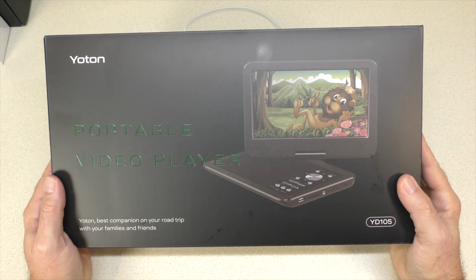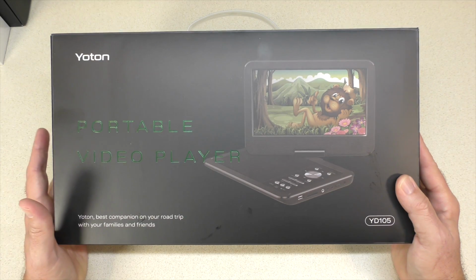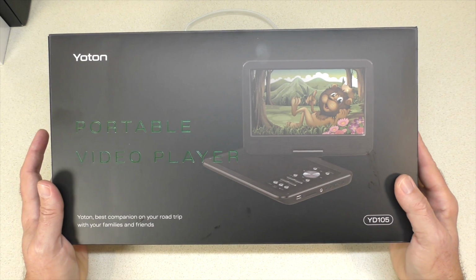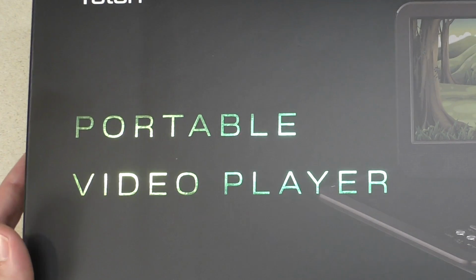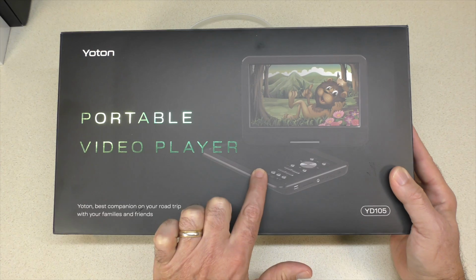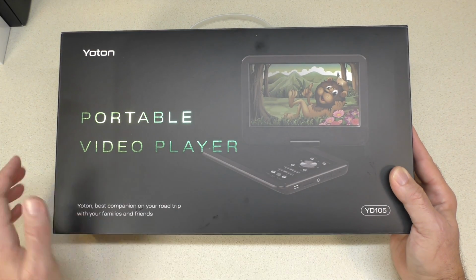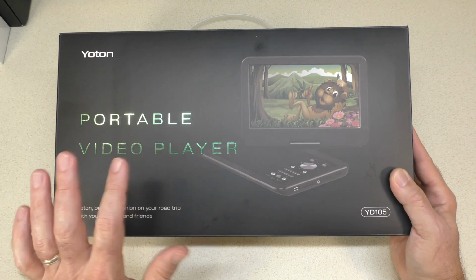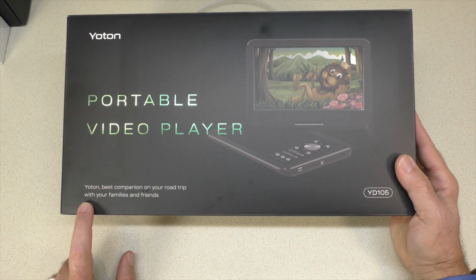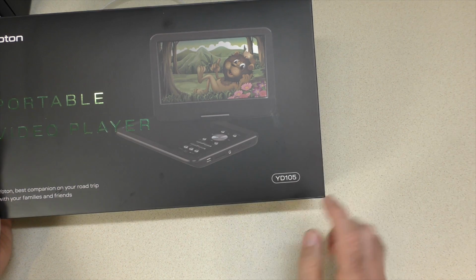There it is. It's another video player from Yoton. I definitely wanted to change my thought on what this device really is. As you can see here, it says portable video player. I'm going to say with a DVD. So it's not just a DVD player, it's a video player. Down here it says it's the best companion for your road trip with your family and friends. I would agree with that, and this is model number